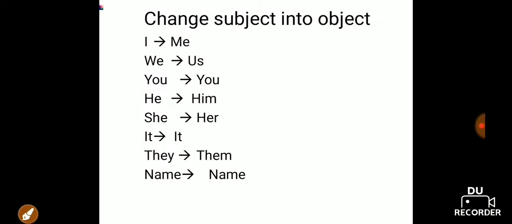The subject changes its form. In this, I becomes me, we becomes us, you, both singular and plural, becomes you only. Then he becomes him, she becomes her, it remains it only. Then they becomes them. If any name is mentioned, the name remains the same. For example, in the active voice, Raju is there, and the same comes to the object place of the passive